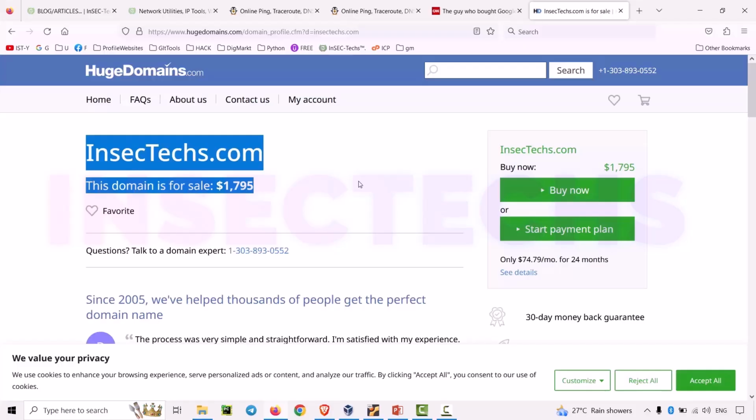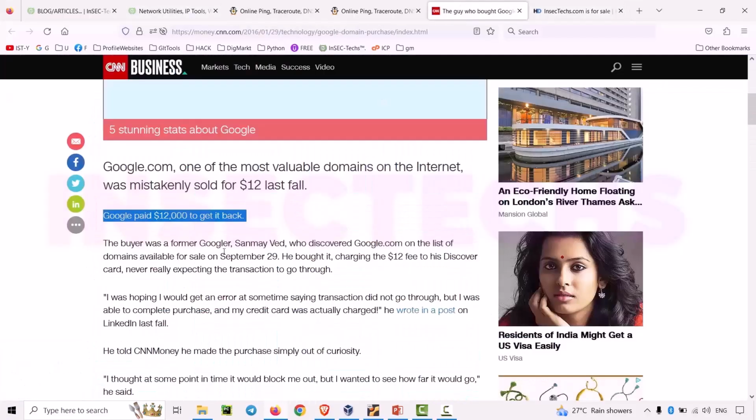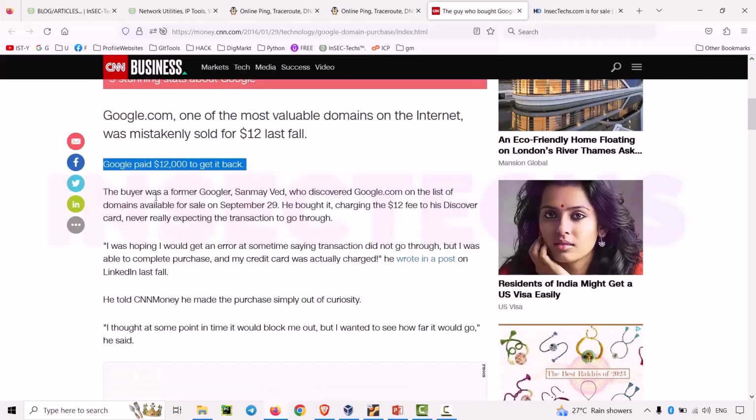He can do a lot of malicious activities using this domain, and the guy who owns this domain name can spoil the reputation of that particular company itself. Okay, so I'm the victim over here. Similarly, Google was also a victim. A very big multi-billion-dollar company was also a victim, and the former Google guy Sanmay Ved, who actually discovered google.com on the